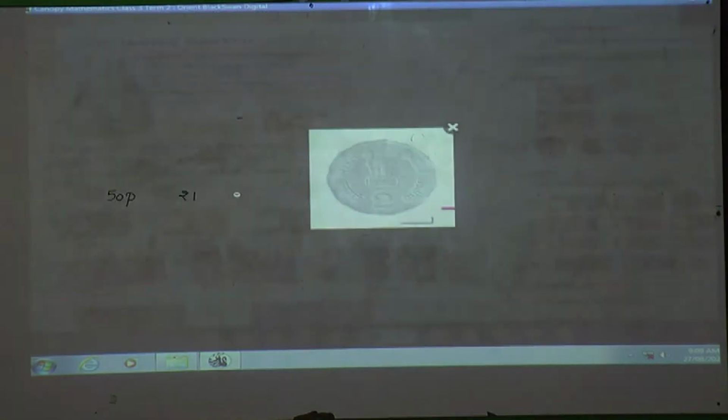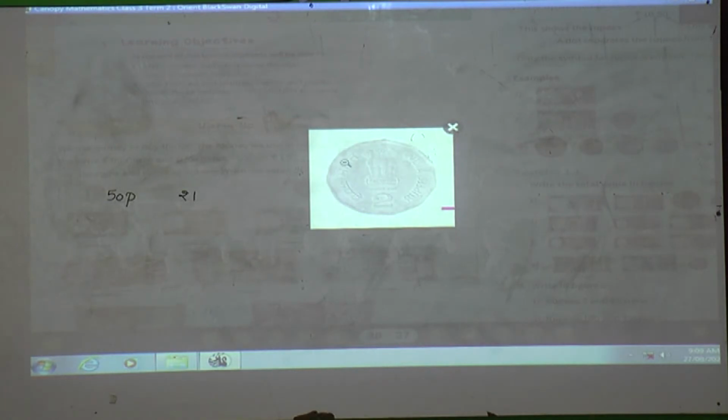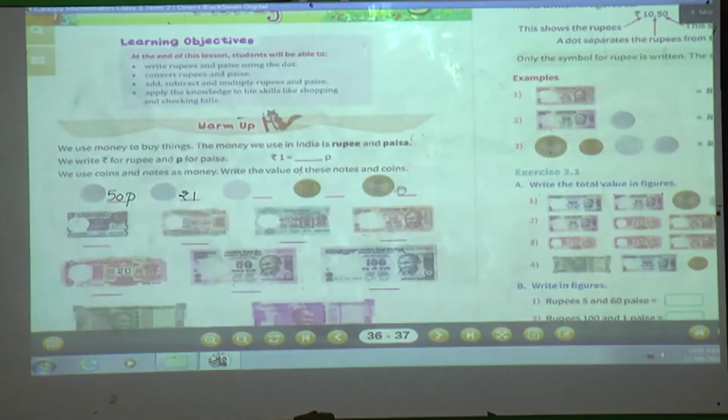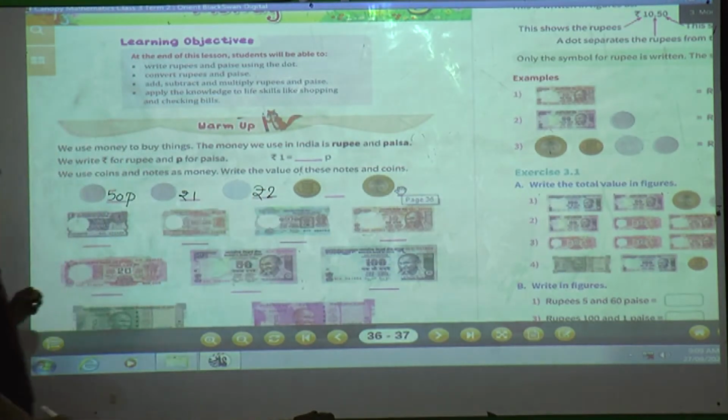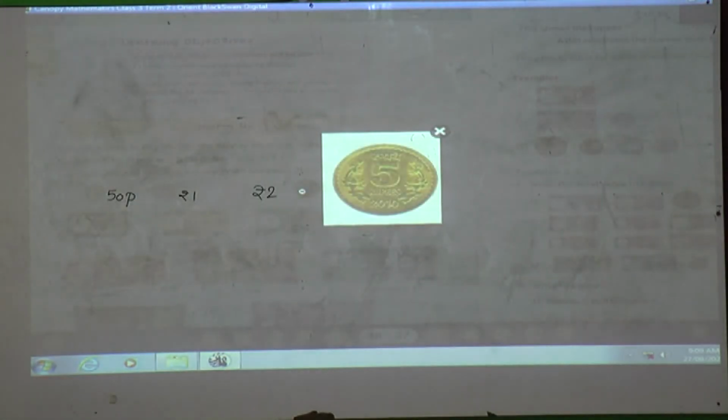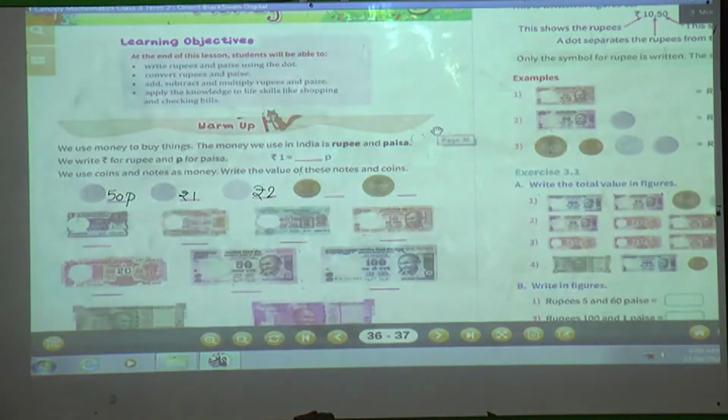Next coin. See here on the coin you can see the number 2 and here it is written rupees. So it is a coin of 2 rupee. So here we will write rupee 2. In this way you have to write its value. Next, see what it is? Yes, it is a coin of 5 rupee. The number 5 is written on the coin, and below that the spelling is there, rupees. So it is a coin of 5 rupee. So here we will write